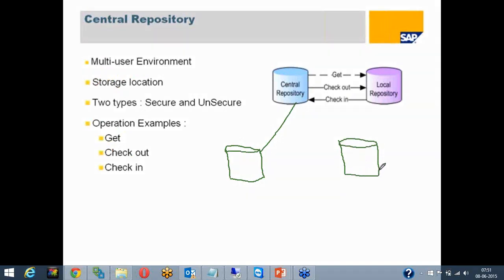When you connect these individual local repositories to the central repository, all the objects that you have created in here, you can push into the central repository. Let's say I create material, or somebody creates customer, or somebody creates vendor. All of these can be loaded into the central repository. So it will hold the material, the customer, and the vendor information or vendor jobs, all of them in the central repository. This allows, let's say, the one who has created material and wants to use something about the customer